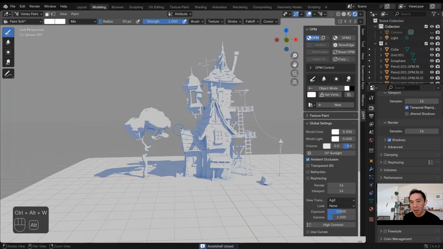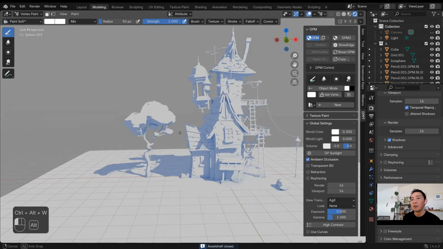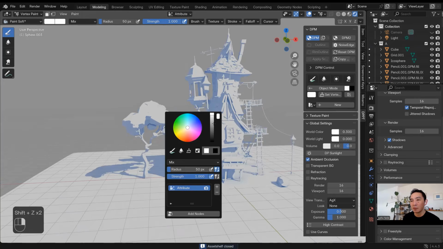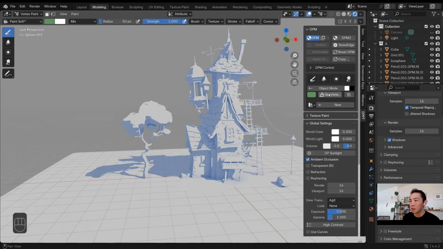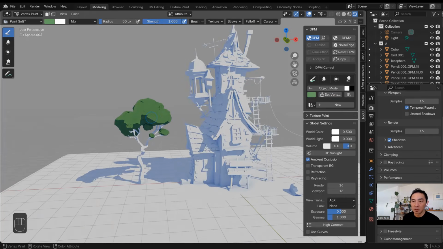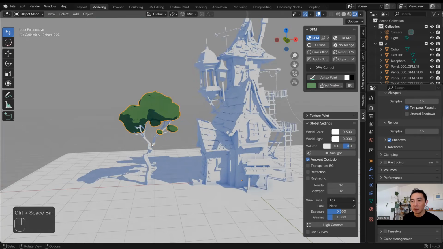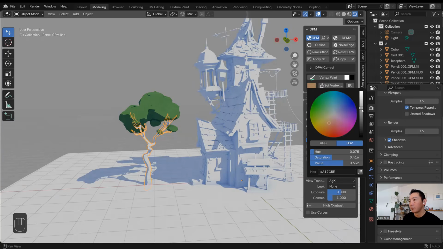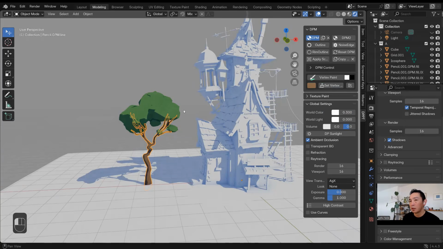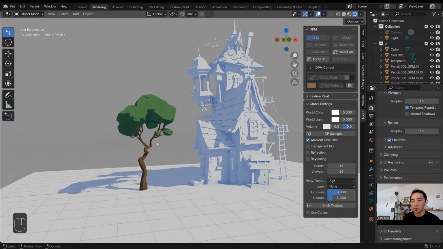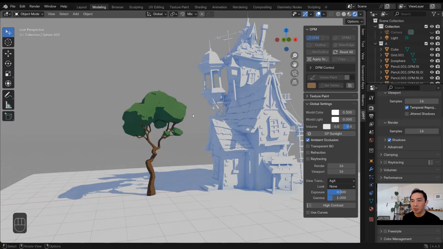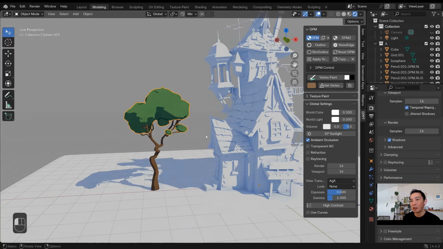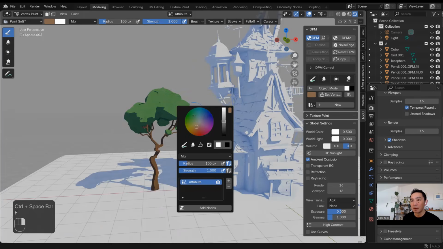I will start with this tree, and I will do a vertex paint to begin with. Control W to hide the window, and then I will just apply the green color. You can hit this one, set vertex color, to fill the whole geometry with the color. So I will do a blocking and do this tree, green and brown for the trunk. This is very simple because it's just one color, but I should have a bit of variation using vertex paint.